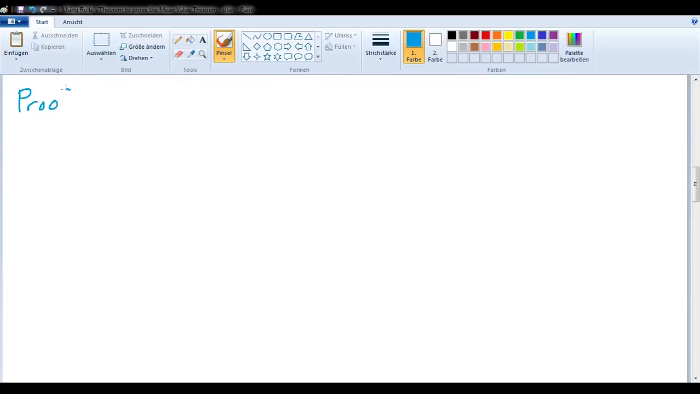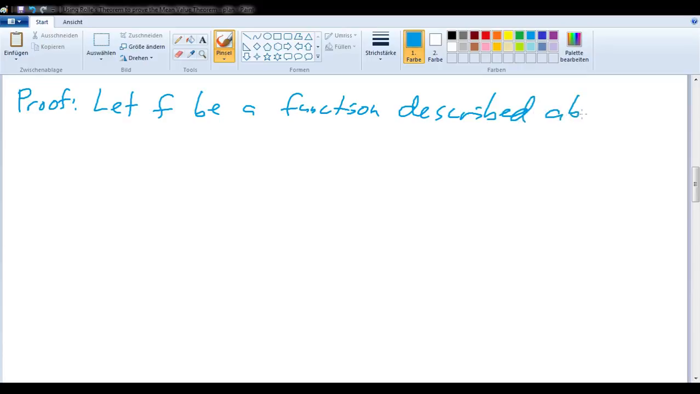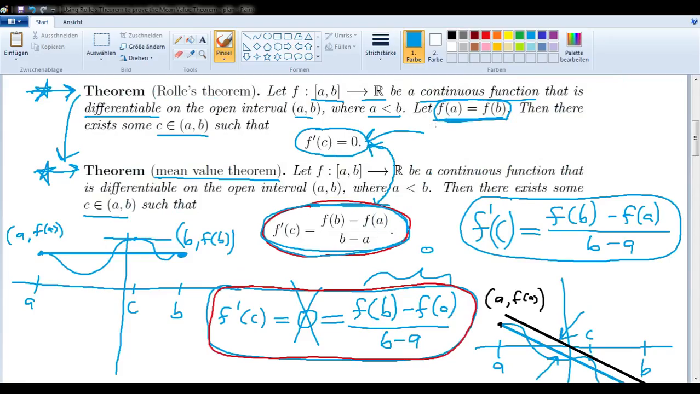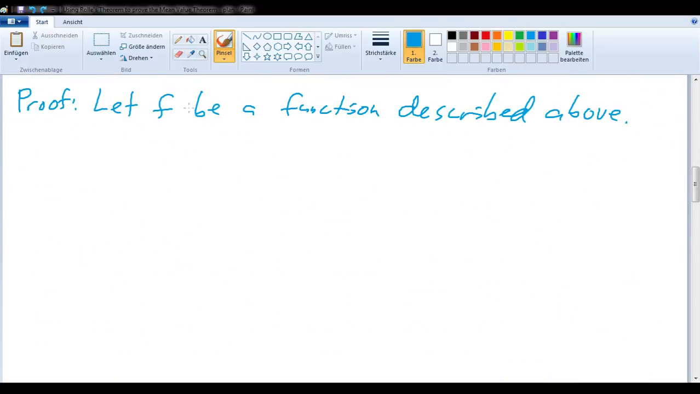Proof. Let f be a function as described above. In other words, it fulfills all the conditions that we talked about here. It is continuous, it's defined on this interval here, it's differentiable on the open interval, etc. But this need not be the case this time. f(a) does not need to be equal to f(b). And at this point, we need a good idea